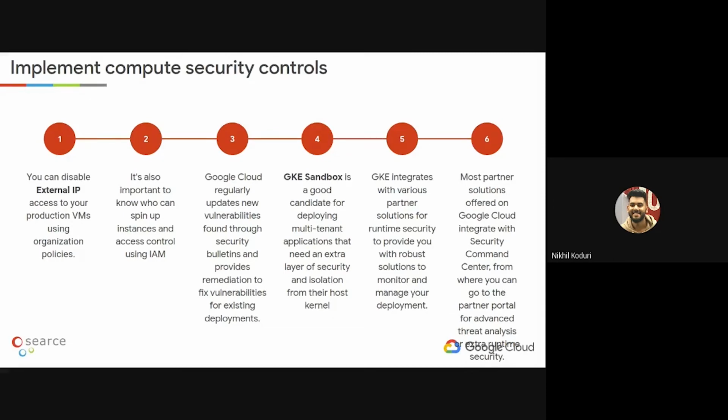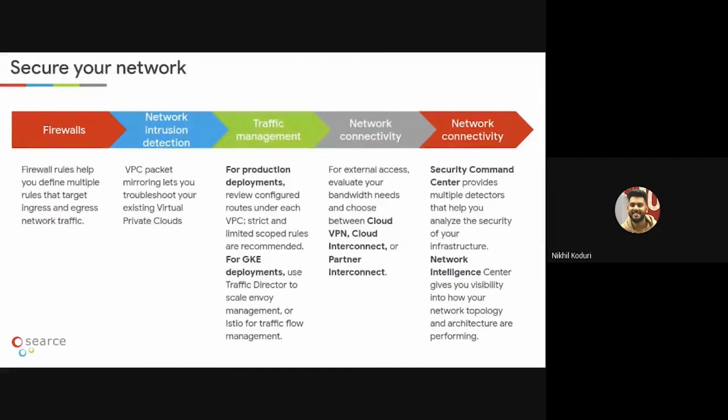Now we talked about how to secure your compute, how to architect your compute in a more secure, compliant way. We have the crux of the major amount of threats or attacks that usually happen if there are any vulnerabilities on the network layer, right? So we have to make sure that our network is tight, and there are no open gaps in the network that expose us to any kind of security threats or any kind of open loopholes that can affect the applications, right?